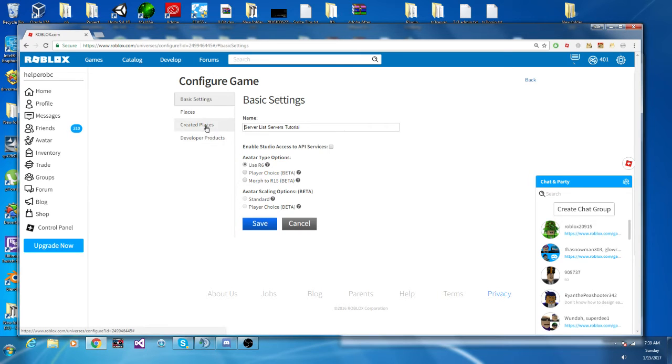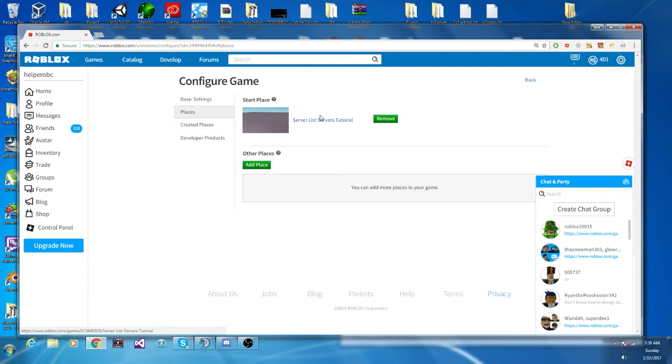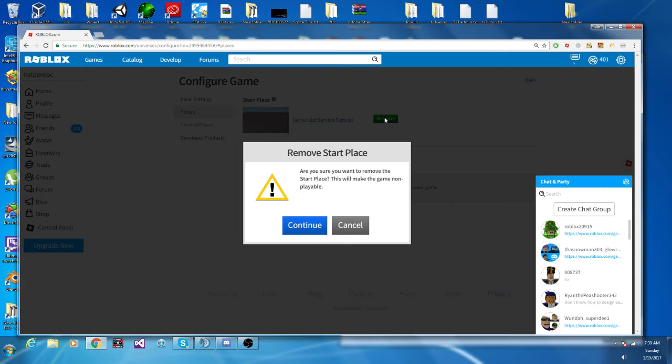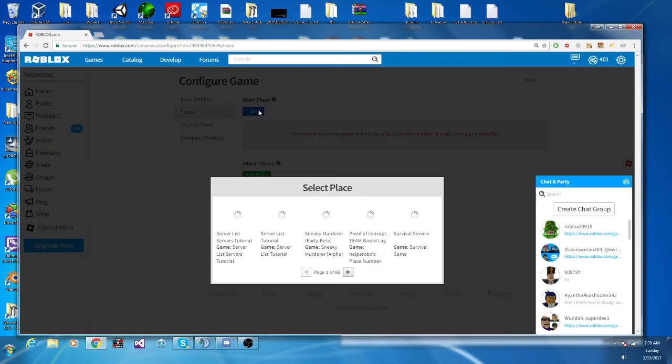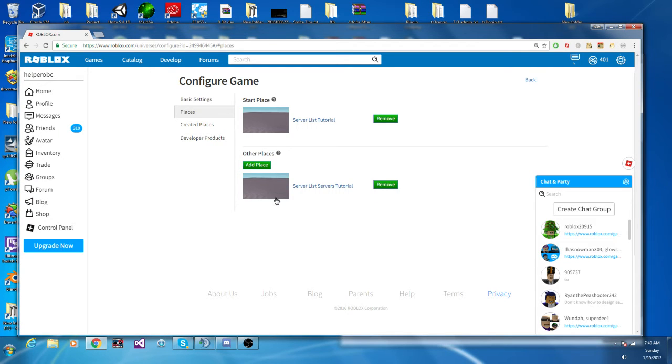From here, you'll want to go to places, and from its startup place, you're going to remove and click on continue. Alright, now for this start place, it should be completely blank. So it says you need to set a startup place. You'll click on set, and you'll look for the server list tutorial place or whatever you named the lobby, and you'll click that. From there, you can click on back,